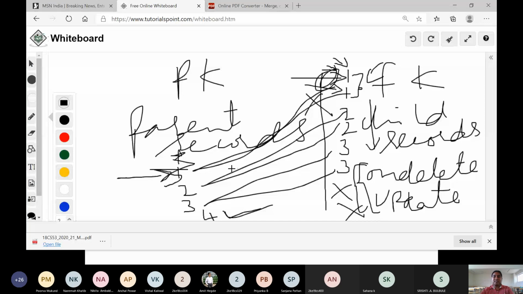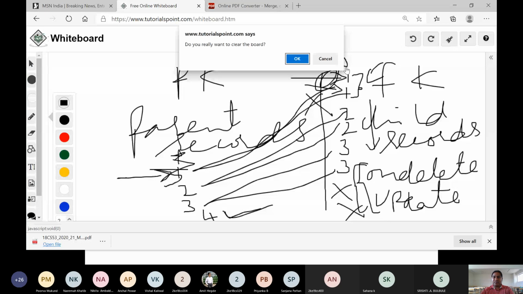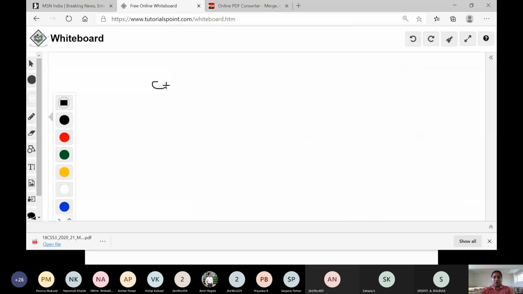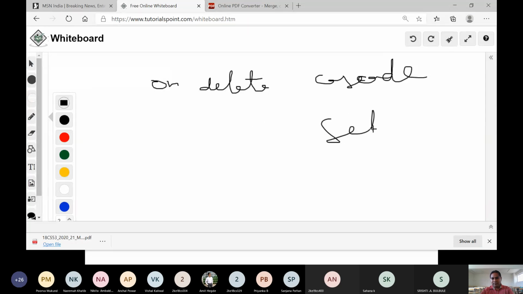So two constraints I can set. For the foreign key I can set on delete cascade, on delete set null, or on delete set default. Three things I can set.